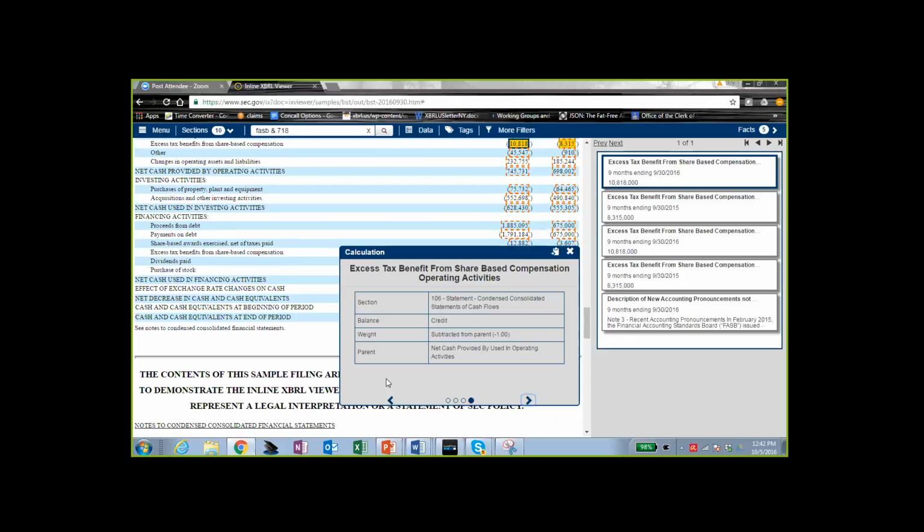One of the things we're really hopeful for is that the software community, with input from the filer and analyst community, will begin to modify the inline open source viewer, and we'll be able to pull some of those features and capabilities back into the commission viewer at some point in the future. Right, so that's just one software company that's taken this and been able to really easily adapt it to do different things. I imagine a lot of software providers will take the source code and be able to do interesting things with it.